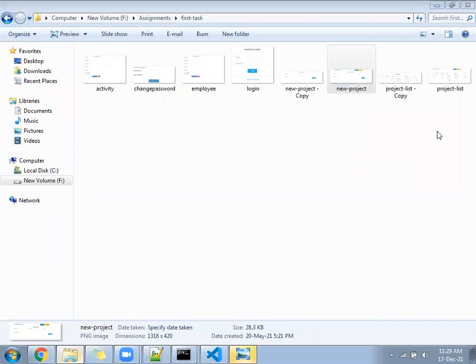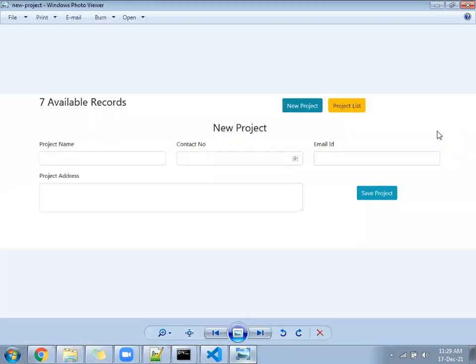This is for saving the data: project name, contact number, email ID, project address, and save button. Once you click save, it will go to the JSON server. Take the screenshot of this page.